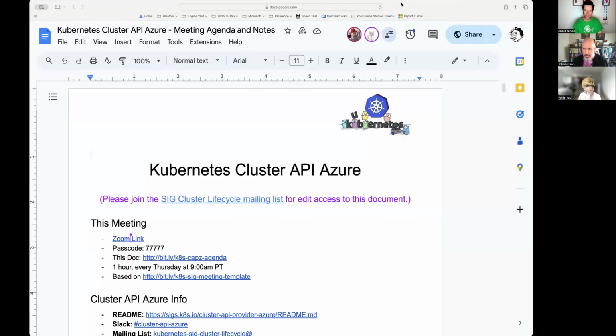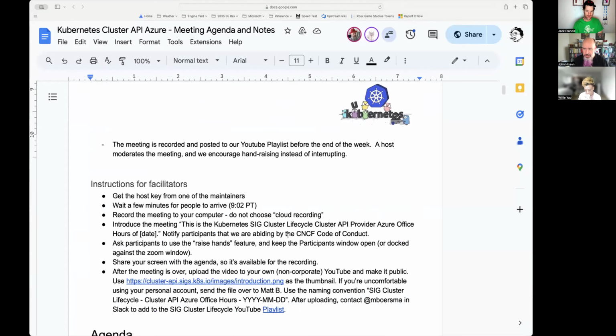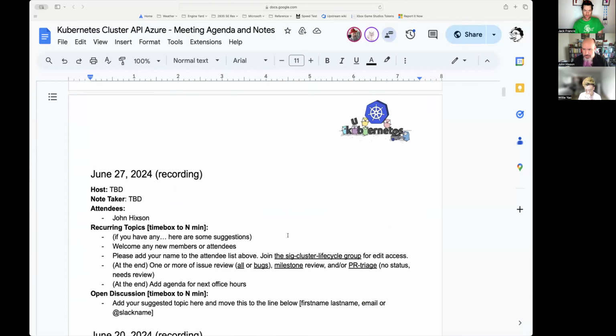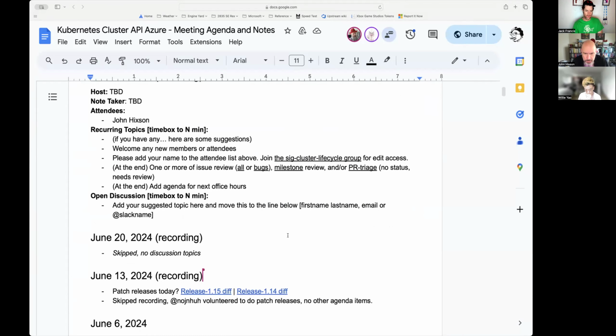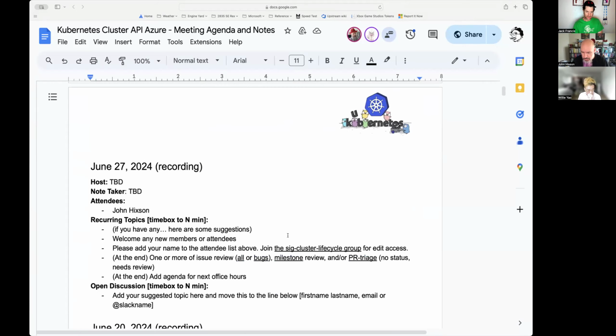Let me bust open the agenda doc real quick and I'll screen share it. All right, let me scroll down. Okay, I see an empty agenda, which kind of tracks.